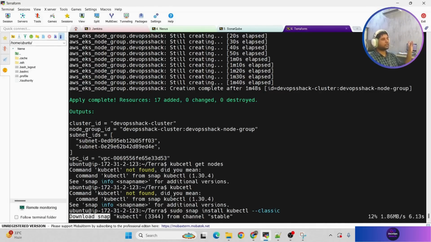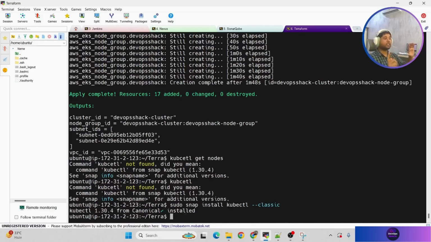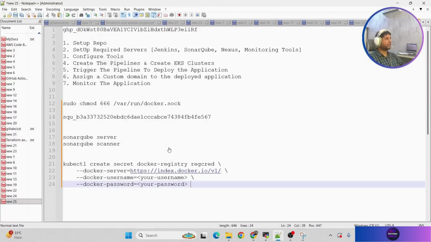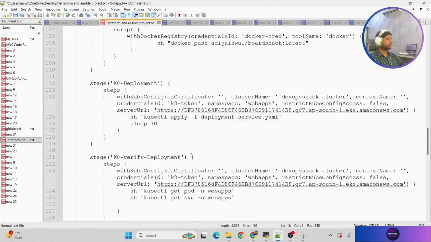Basically, we have created the EKS cluster, but we have not yet connected to it. That means we need to connect to it as well. And how we can do that? So if I show you,